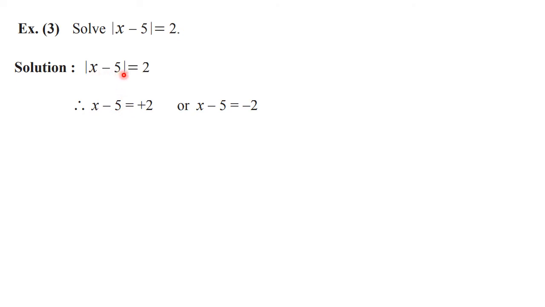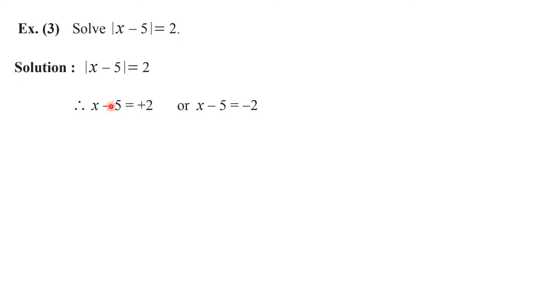When we take out the modulus sign, there are two possibilities. That the number inside can be positive or it can be negative. So what we can write here is that x minus 5 is plus 2 or x minus 5 is minus 2. Okay, just keep this plus 2 and minus 2 here and you will understand it better. That mod of plus 2 is also 2 and mod of minus 2 is also 2. Okay, so that is why for the expression inside, we have taken both the possibilities, either plus or minus. Okay, now let's solve these two equations separately.